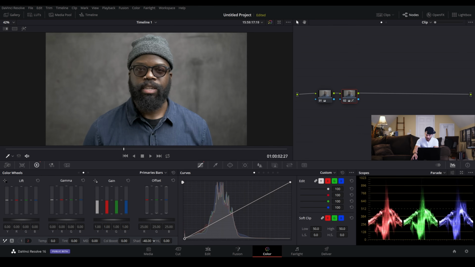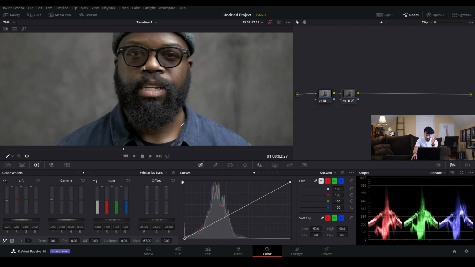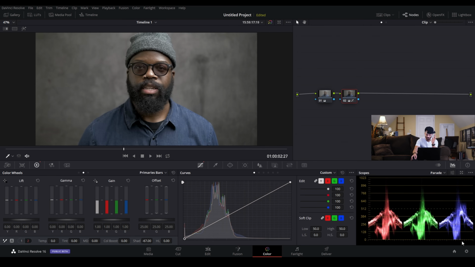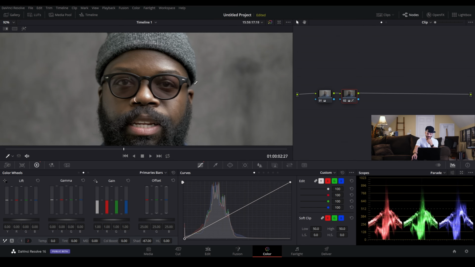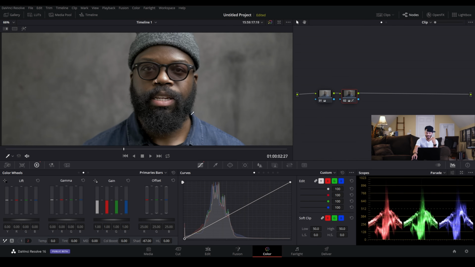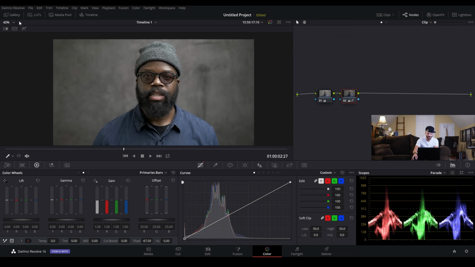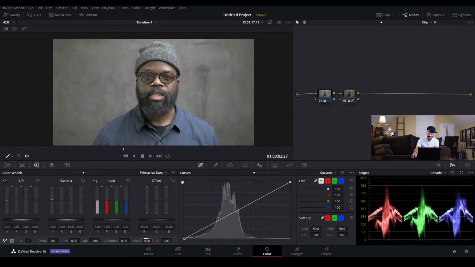If I use the shadows, it will just start throwing things into the black, which may look good visually right off the bat, at first glance, but this is not what you want in your image. We've got a lot of crushed blacks around his hat and in his beard, and we could keep a lot of that information and still get that same pop if we do it a different way. So I will move the shadow back to 0